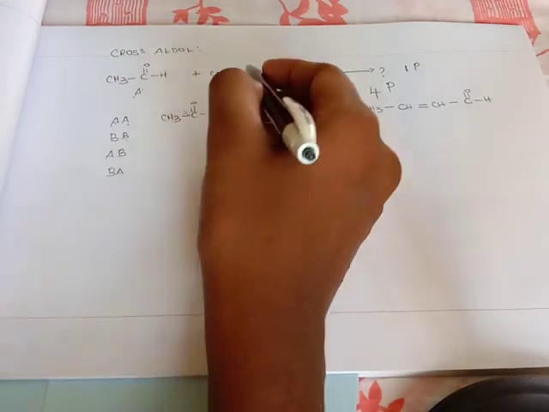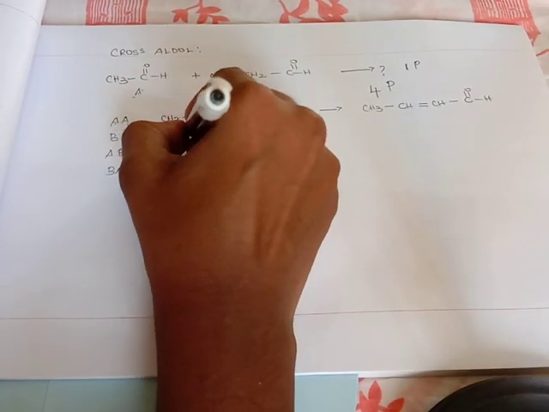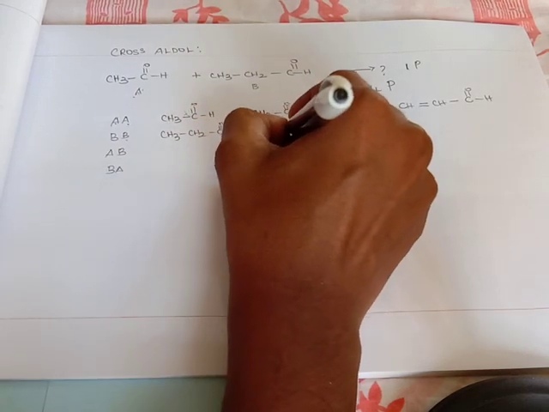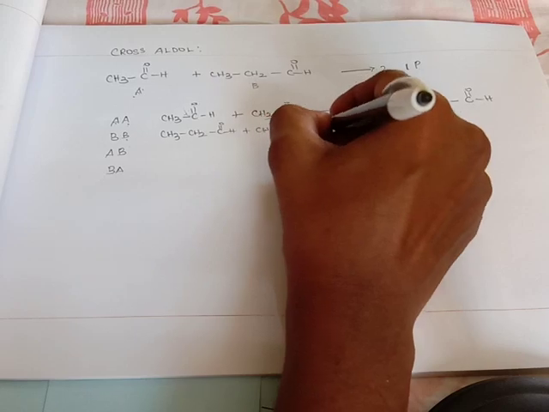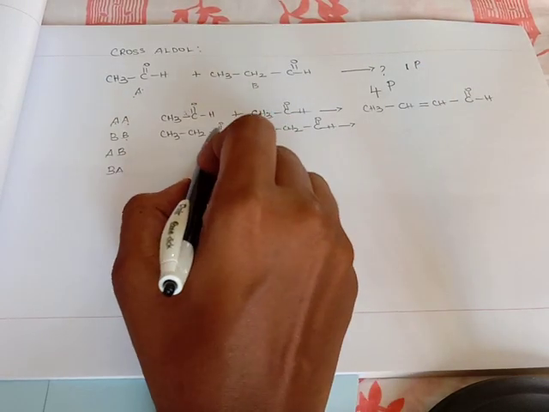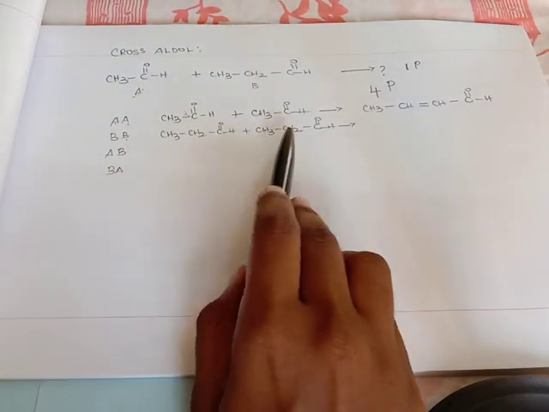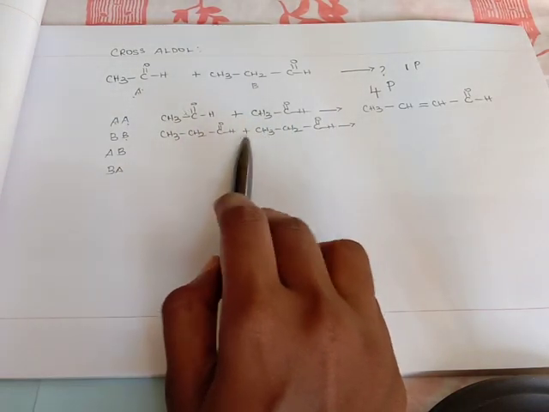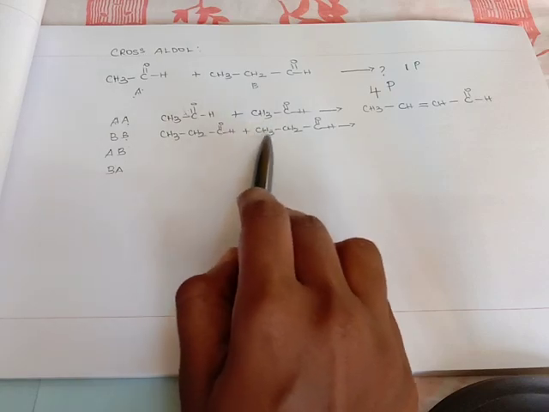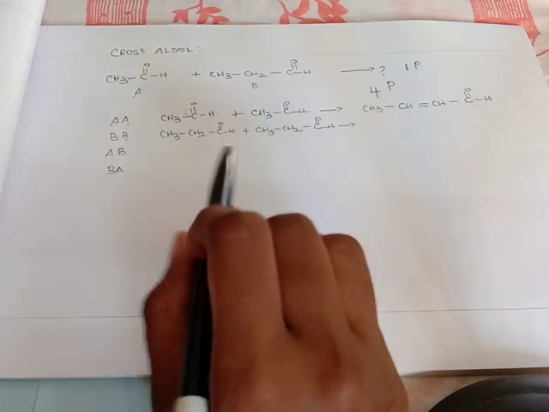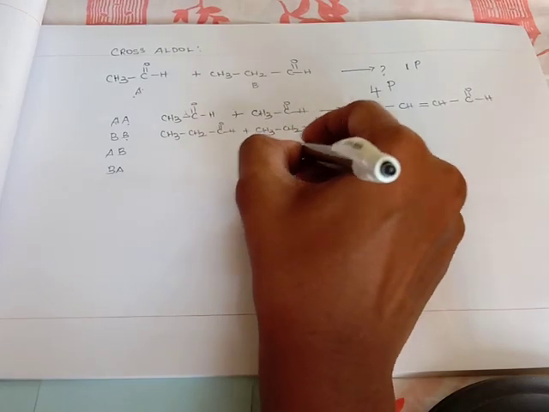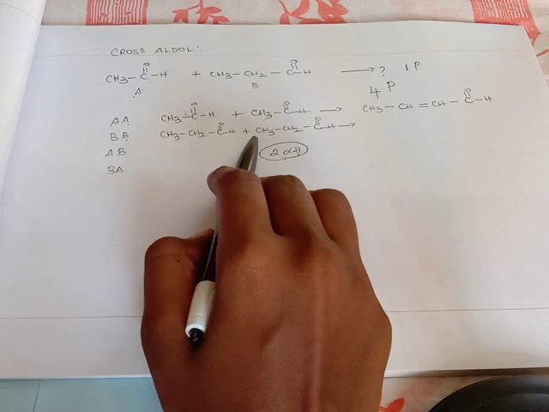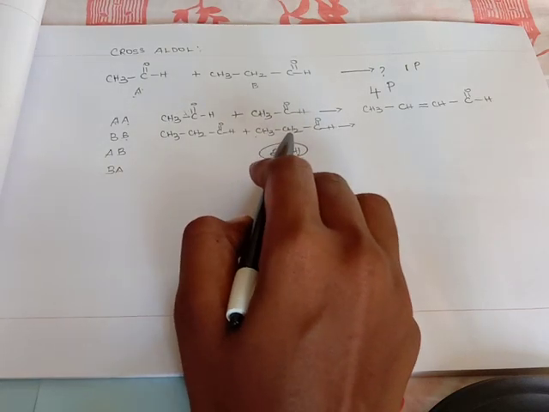Now do B with B. Propanaldehyde, right? CH3CH2CHO plus CH3CH2CHO. Remove the double bond O from the first one, and here you have to remove. Look here, important point. Students make a mistake here. They will remove 2 hydrogens from this one. But as I said already, you have to remove 2 alpha hydrogens from the alpha carbon. Which is the alpha carbon? Is this your alpha carbon? No. This is your alpha carbon.